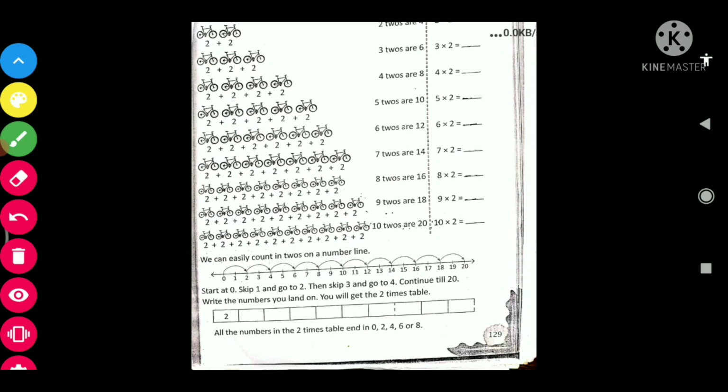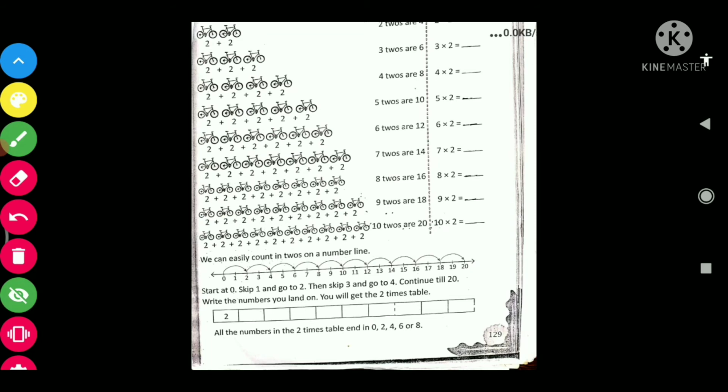Now see below, we can also count in 2s on the number line. So how can we count it? Just see. We have to take 2 steps in order to show any number on the number line.